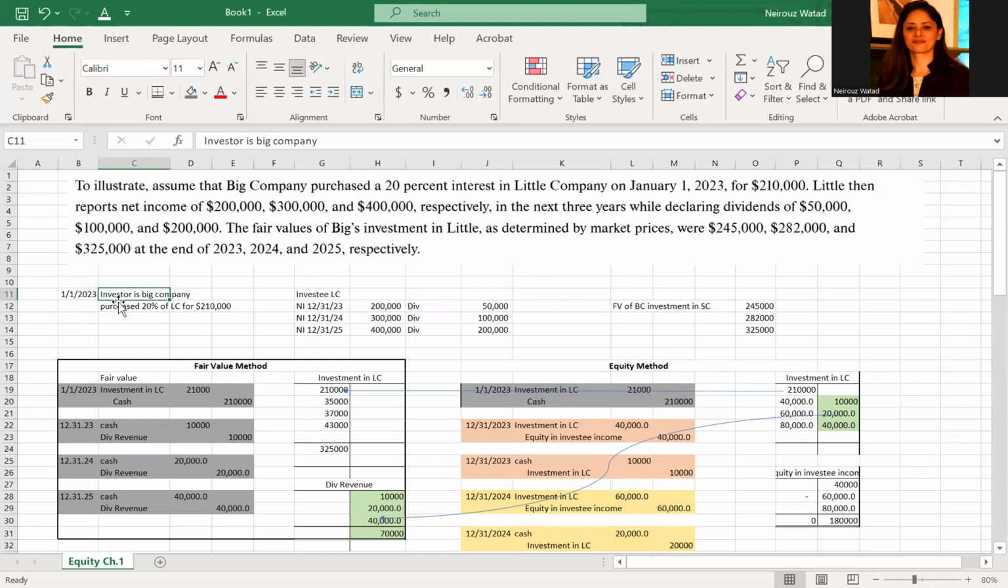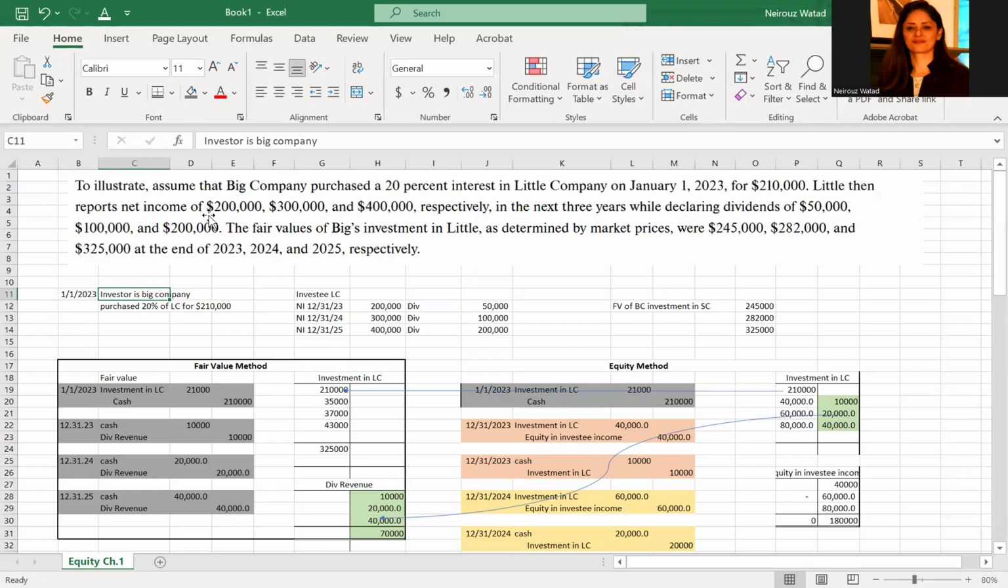The investor here is Big Company, and they purchased 20% of Little Company's common stock, and they paid $10,000. Then the investee, Little Company, reported net income